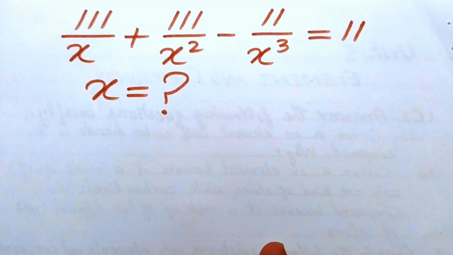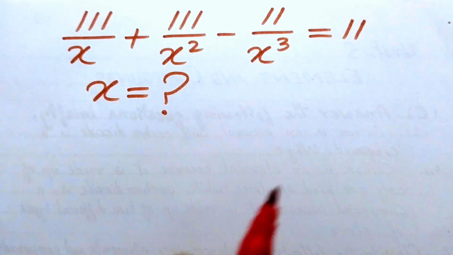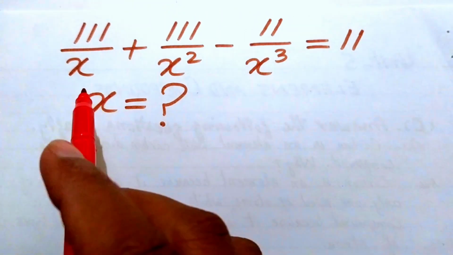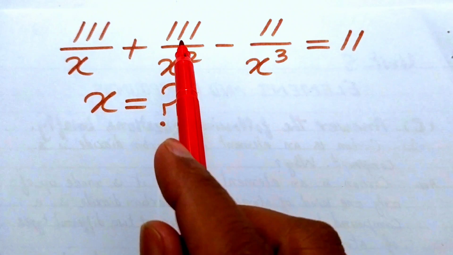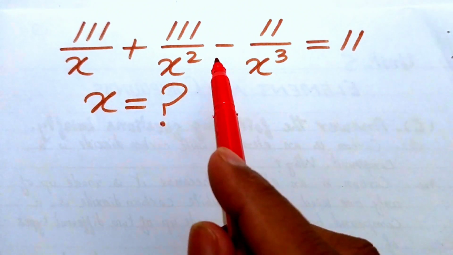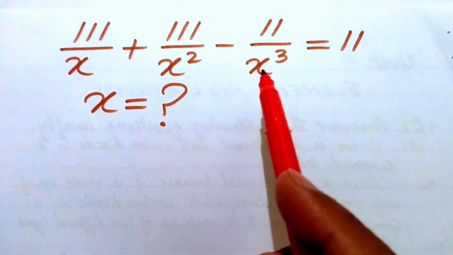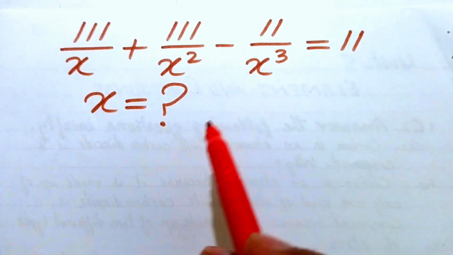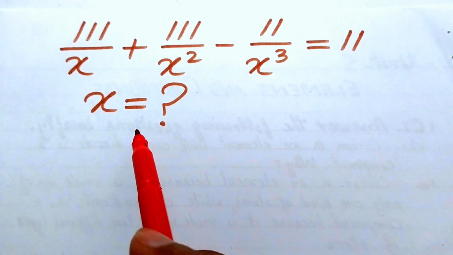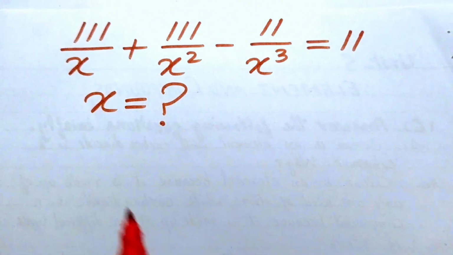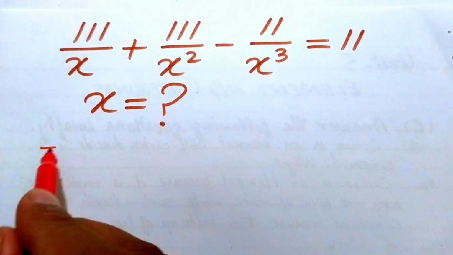In this video we are going to solve this nice math algebra problem. Here we have 111 over x plus 111 over x square minus 11 over x cubed equals 11, and we find the value of x in this problem. So the very first step we are going to do is